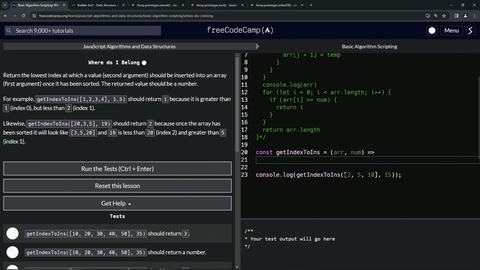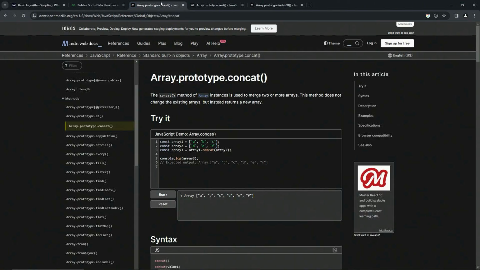So what we can do is, I don't remember if we went over the concat method, but we can concatenate this to this, all right? So let's go back over concat since it's been a while. The concat method of array instances is used to merge 2 or more arrays. And this method does not change the existing arrays, but instead returns a new array, right? So just like on this one, ABC and then .concat def is going to make an array ABC def